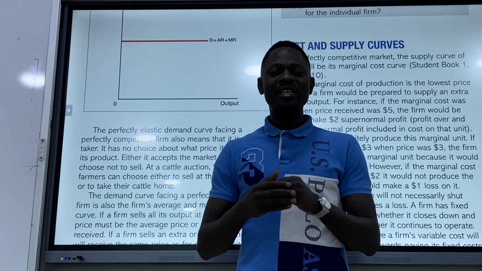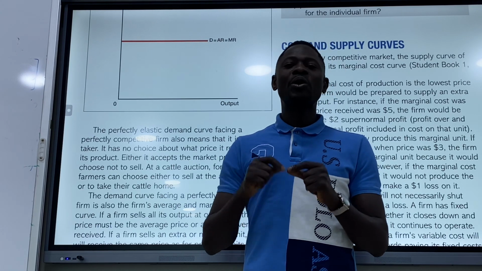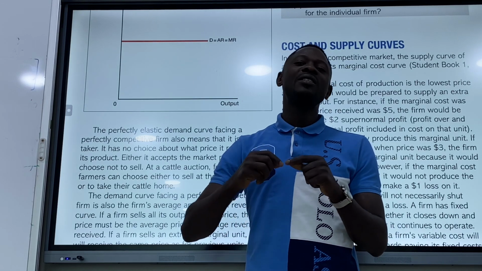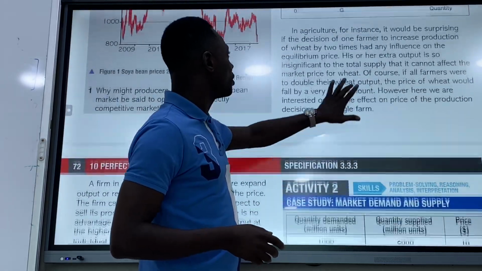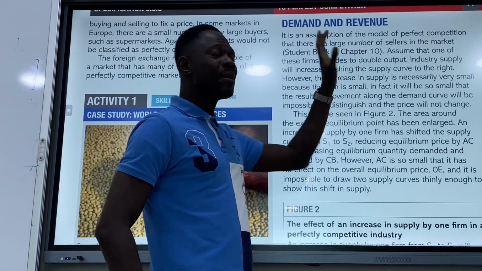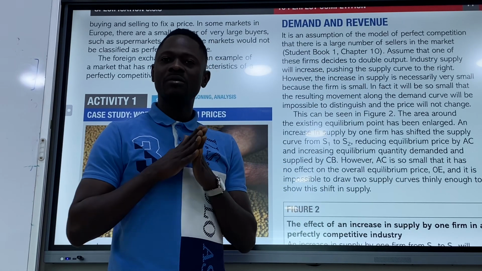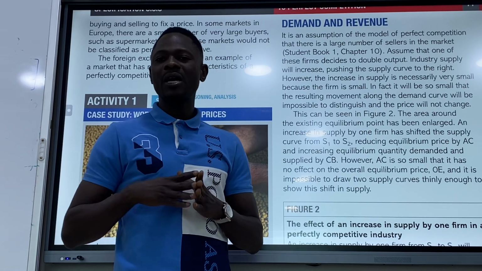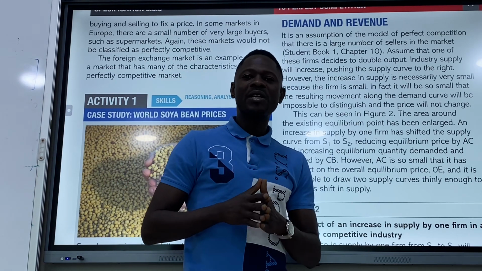Because in that market, the firm's output cannot significantly impact the price paid or the quantity sold. So that means in a perfect competition, revenue is always determined by demand. That is the point here. So in a perfect competition, revenue is always determined by the demand, and price is always stable. Price is always stable because prices are always determined by the demand for and the supply of the product. So this is all about demand and revenue in a perfect competition. Thank you.